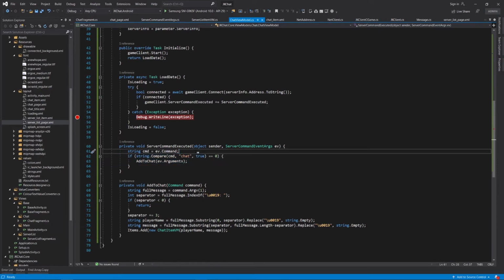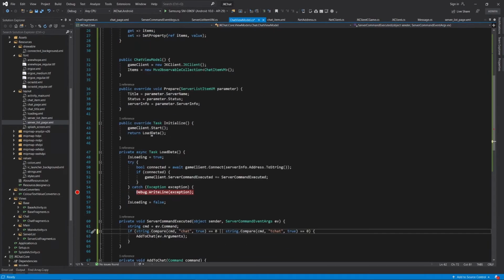Compare if it's chart or if it's team chart, tchart. Then we'll parse it out, but also